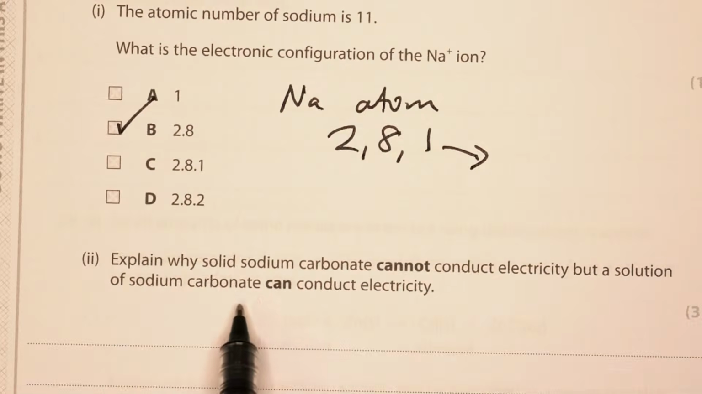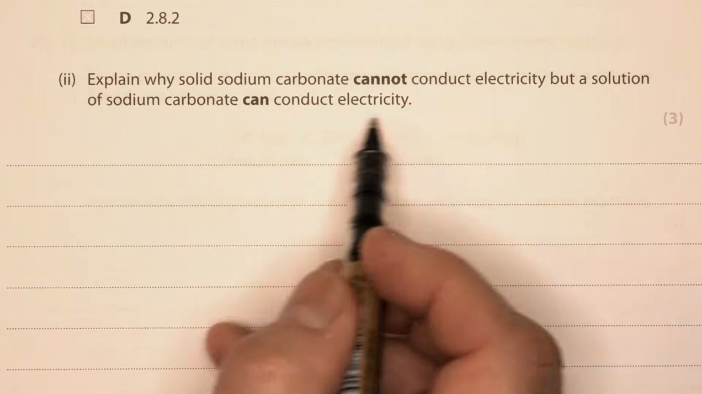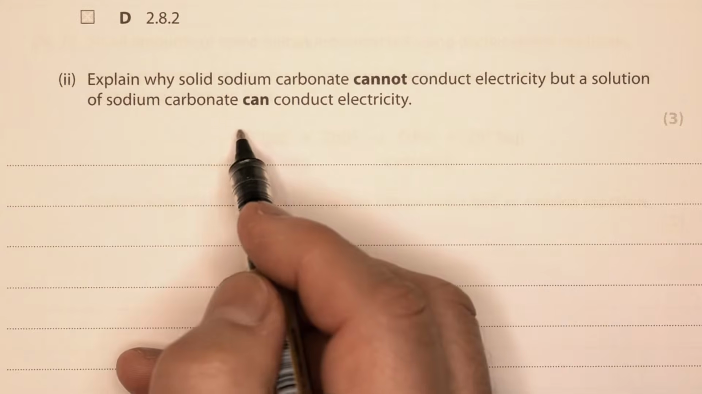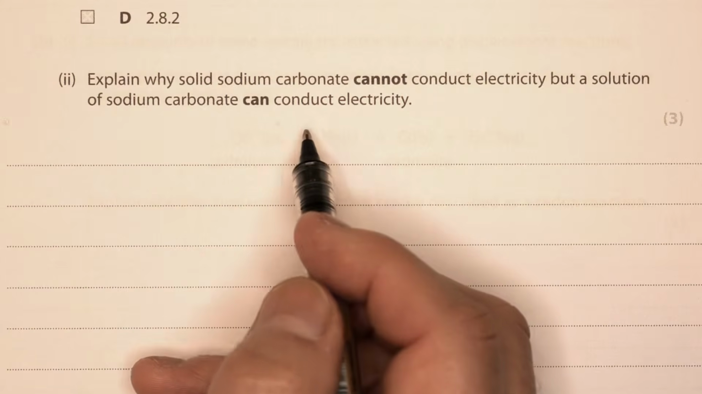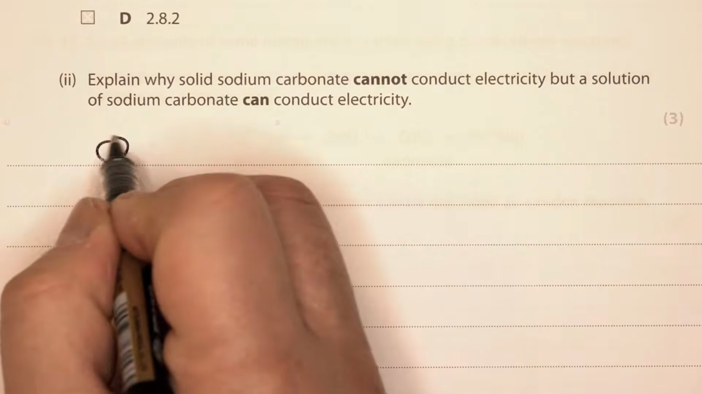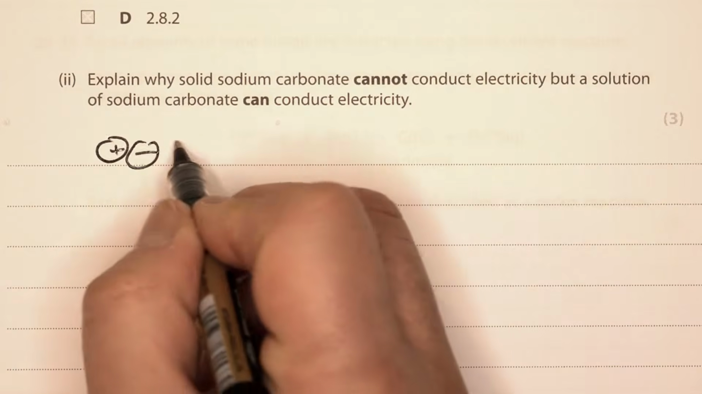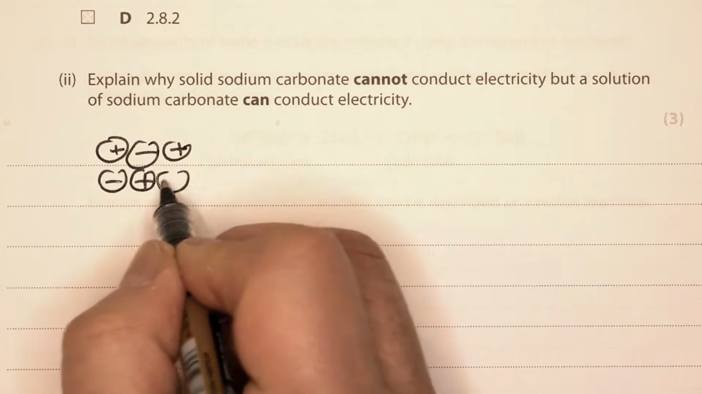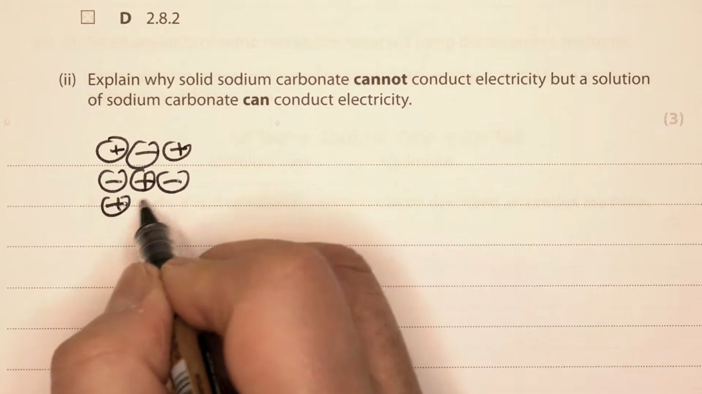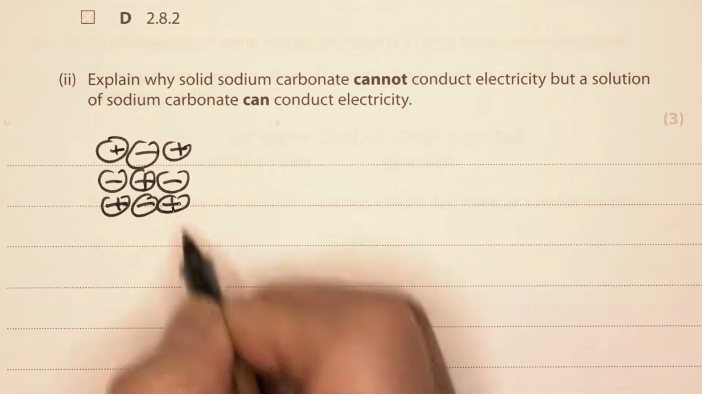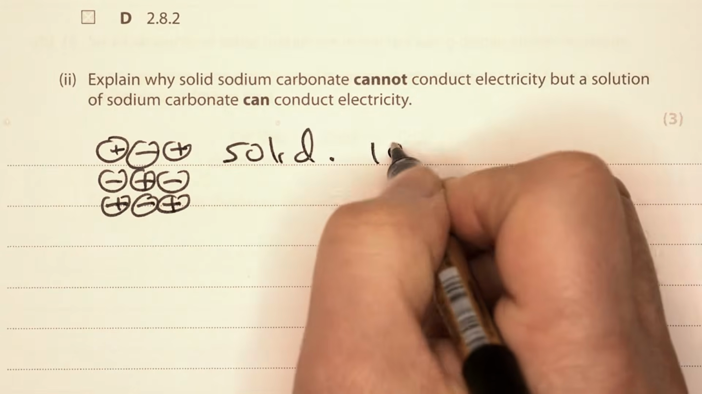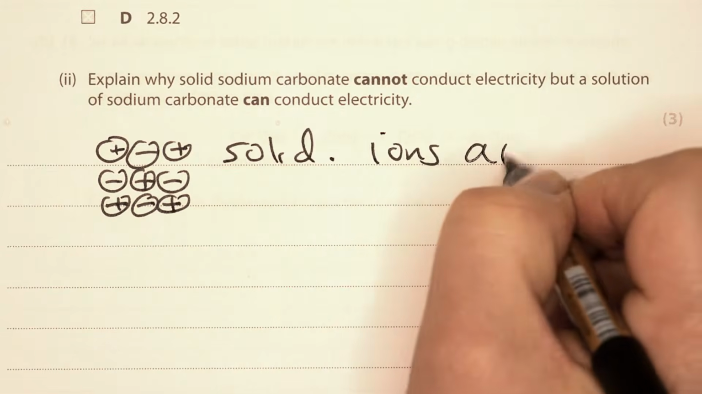Explain why solid sodium carbonate cannot conduct electricity, but a solution of sodium carbonate can conduct electricity. So we've got to remember, when it's a solid, the ions are all held in place by strong forces. They're in a giant ionic lattice of thousands of ions in this kind of arrangement. So when solid, the ions are not free to move,